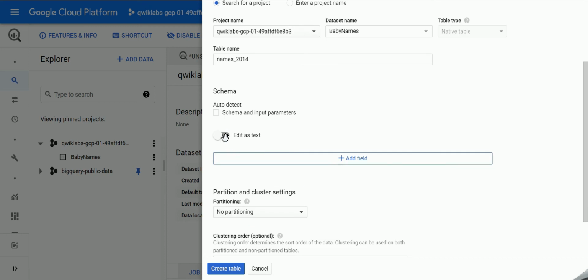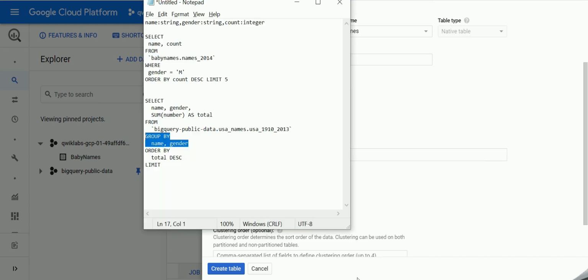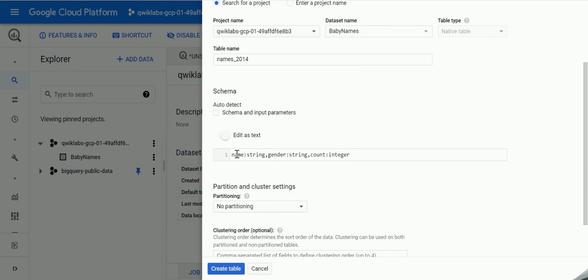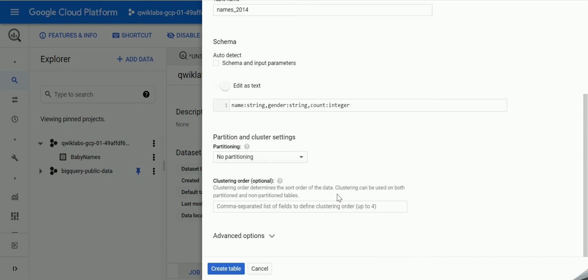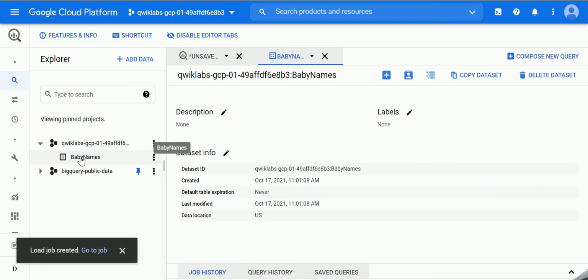Also I can edit as text, and give the format of how the data is in the particular file: name is a string, gender is a string, and count is an integer. You can leave all other options as they are for now, and just create the table.